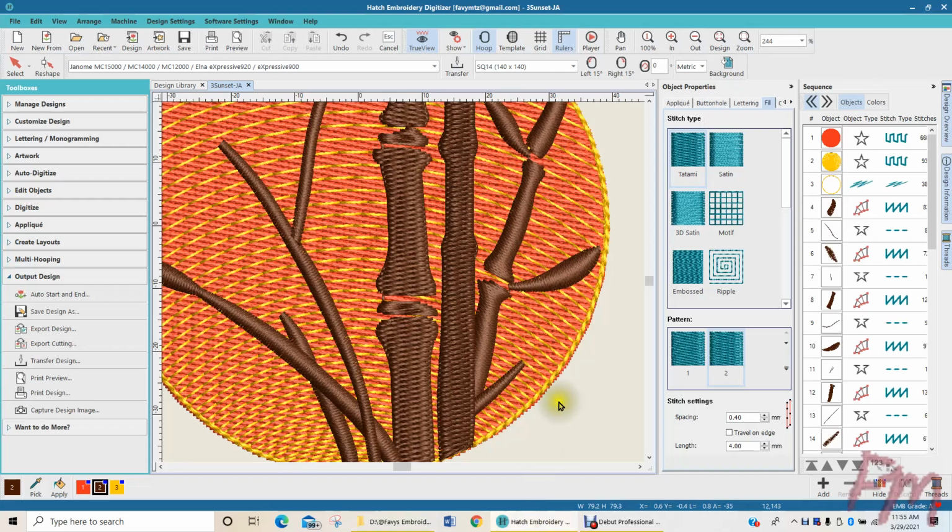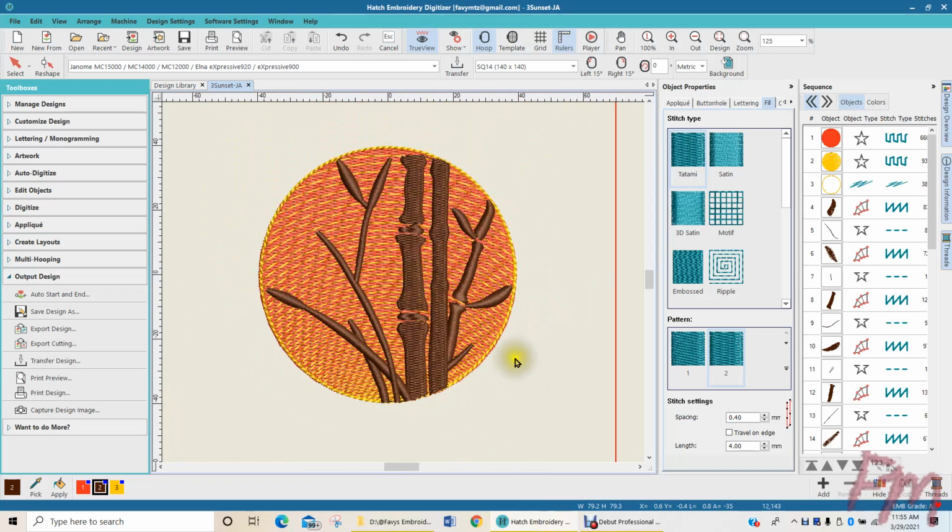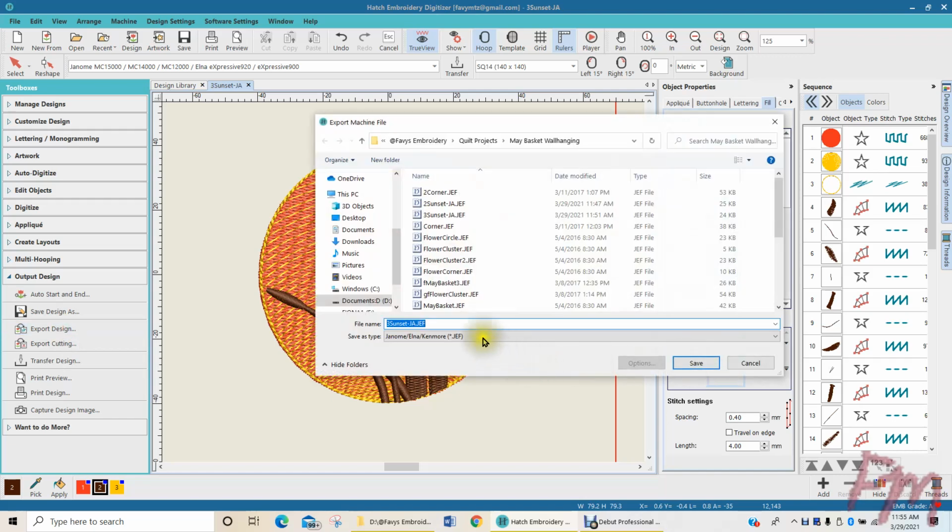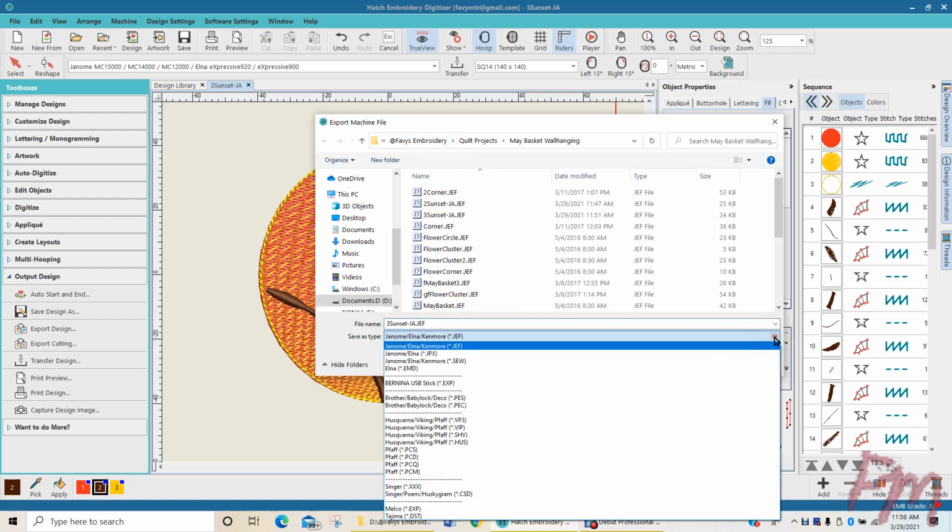So anyway, I just wanted to cover that with you just to help clarify that you are going to be exporting stitch files, and you can change the name of those stitch files at the same time that you are actually exporting them into the location that you want to have them stored. So right now it's on my computer, but if I decided I wanted number 3 Sunset to actually be saved on my,